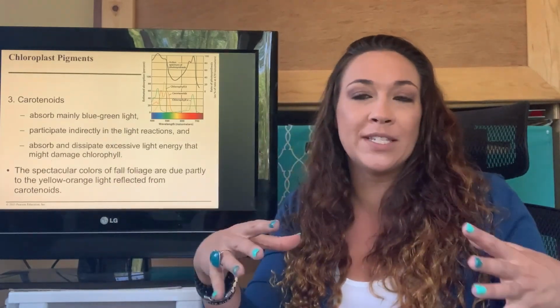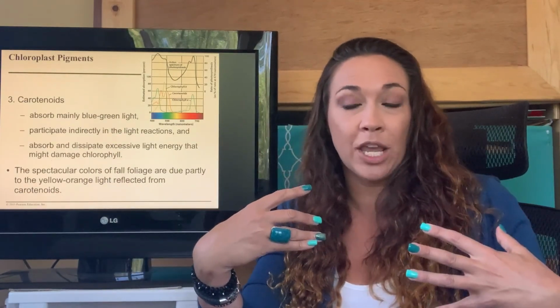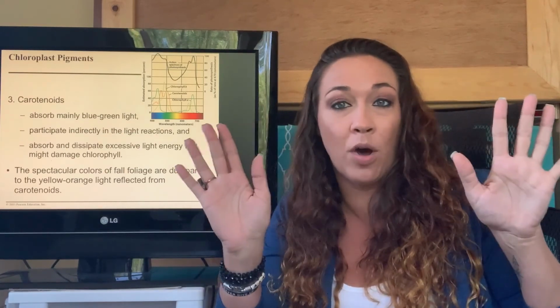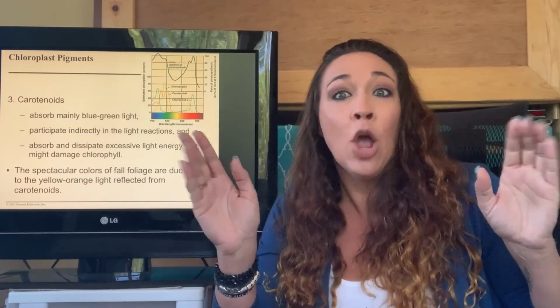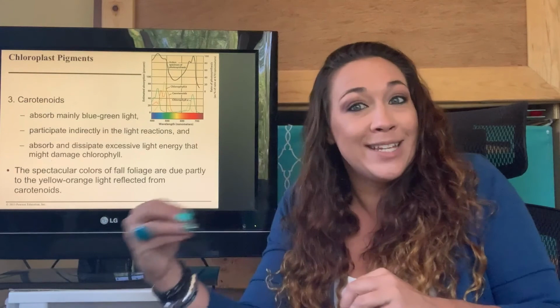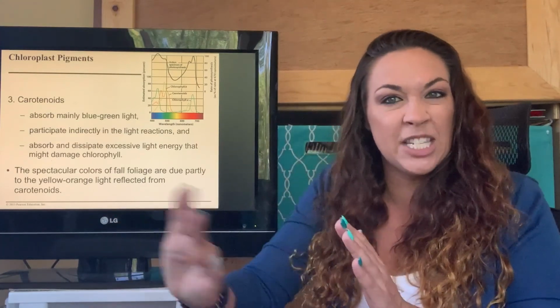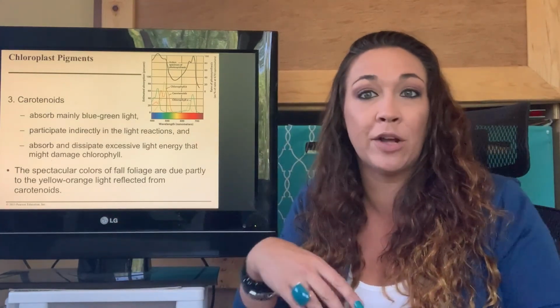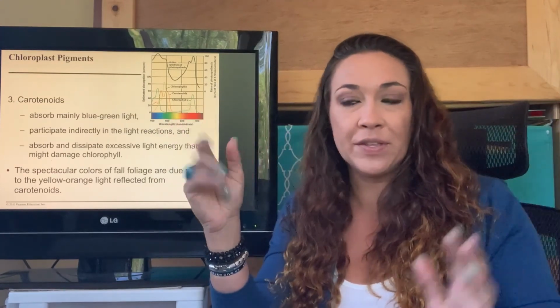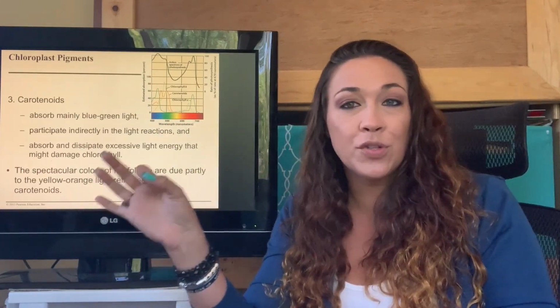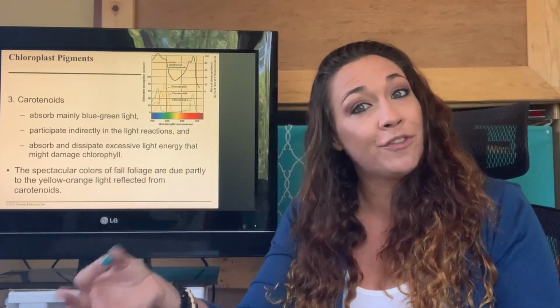Carotenes are those ones that take that extra energy that I was talking about, that absorb that extra energy and are like, whoa, there's just too much energy here. We don't want to burn ourselves out. We don't want to dehydrate. So we're going to dissipate that energy and spread that extra energy out so we don't over photosynthesize. Now, these carotenes are also the reason that the leaves change color in the fall.